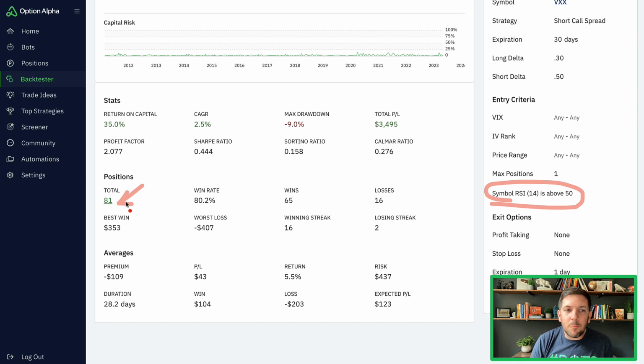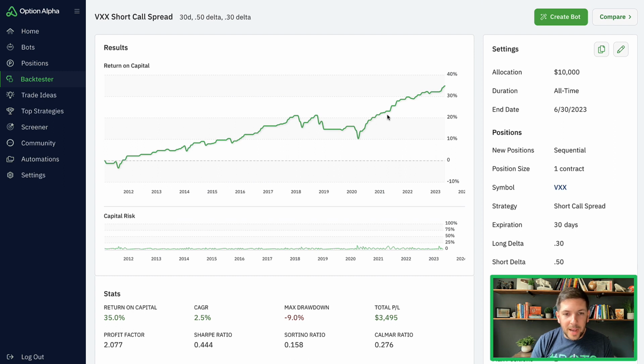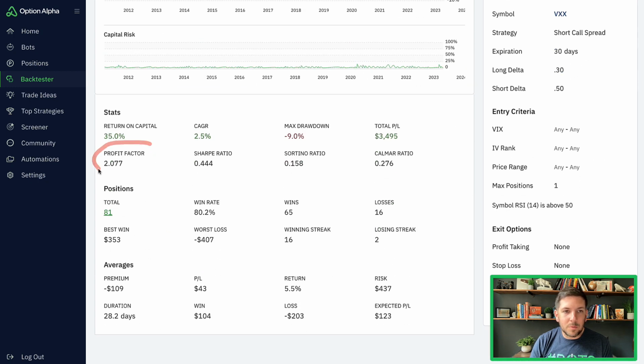So there were 81 instances where this purely entered a position anytime that RSI was above 50. And when that happened, what you did see was not only was it profitable by itself, but you did see that the profit factor for these types of setups was much better. Not only that, the win rate was a little bit higher for these. The Sharpe ratios were a little bit higher. From all intents and purposes, it was just a better outcome trade, which makes 100% logical sense, because